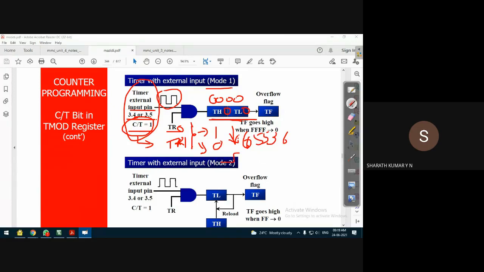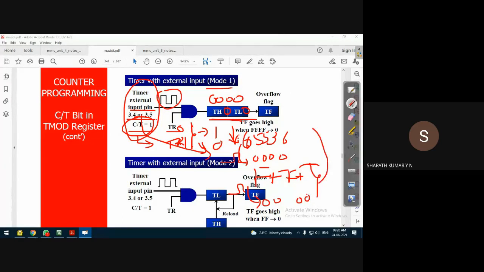On the application of the next clock pulse from the external device, the count will reset to 0000. That means it started with 0000, reached FFFF, and on the next clock pulse the count resets to 0000. That means the counter has overflowed.